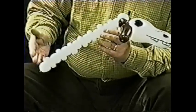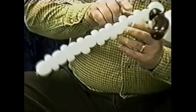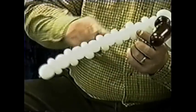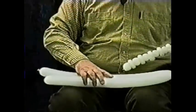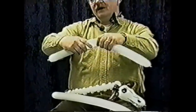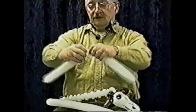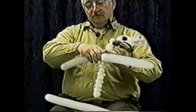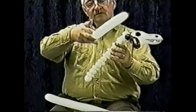Continue to make a series of small bubbles and three bubbles, two to ear twist, one for a separator, and continue your backbone. Taking your two pieces of 260, the white ones, take your longest one and find the halfway point in it. You might even, well, we can do that once we get it on. Taking that, you'll go down as far as you think the neck would be from the rib cage, and you fold in